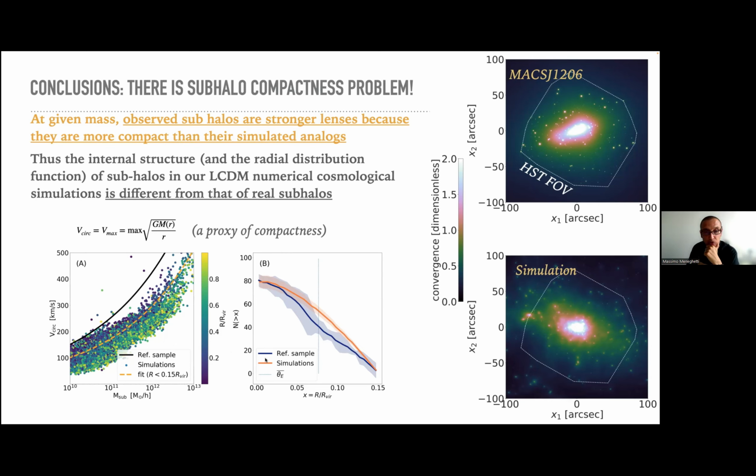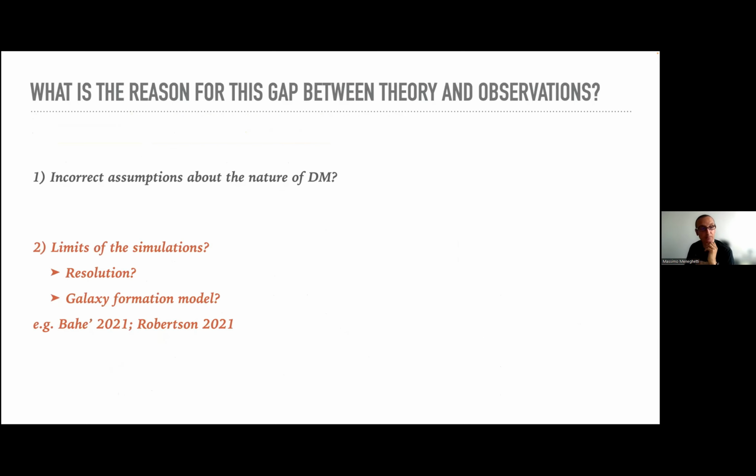We would like to give an explanation of this, so understand what is the main difference between the observations and the simulations that is causing this kind of discrepancy that we are highlighting with this new metric. So when we found these results, we made two basically assumptions. One is that maybe we are missing